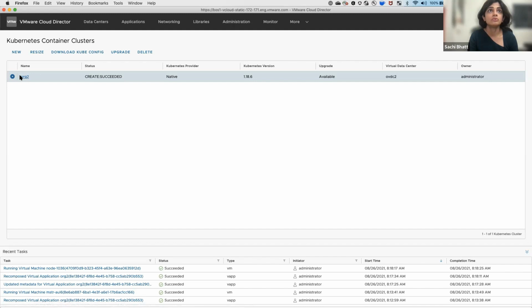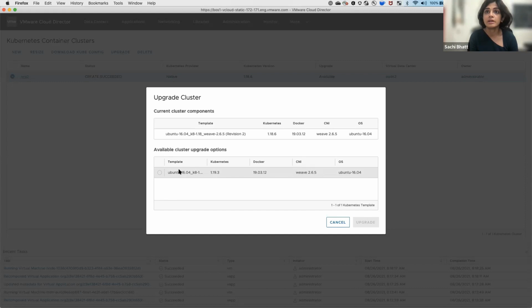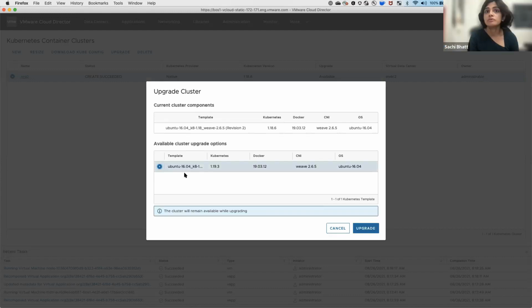When you click on upgrade, the CSE server will identify the current components of the Kubernetes cluster and the available upgrades for this cluster. So we can select the plan and then just click on upgrade. That's great. The cluster remains available while upgrading, so a tenant doesn't have to worry about any running applications in the background. That is correct. Yeah, that's really handy.